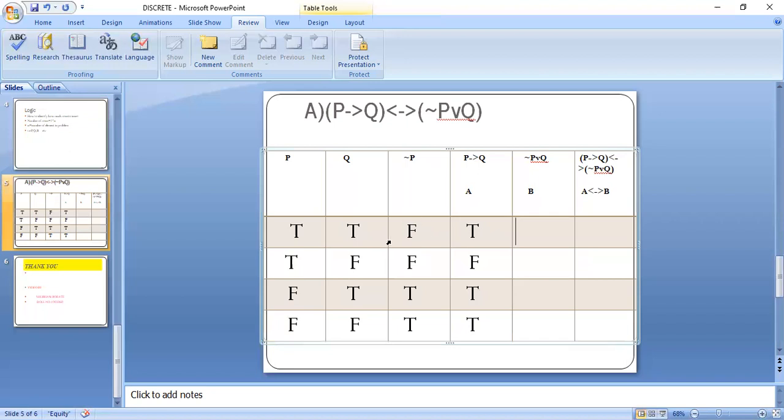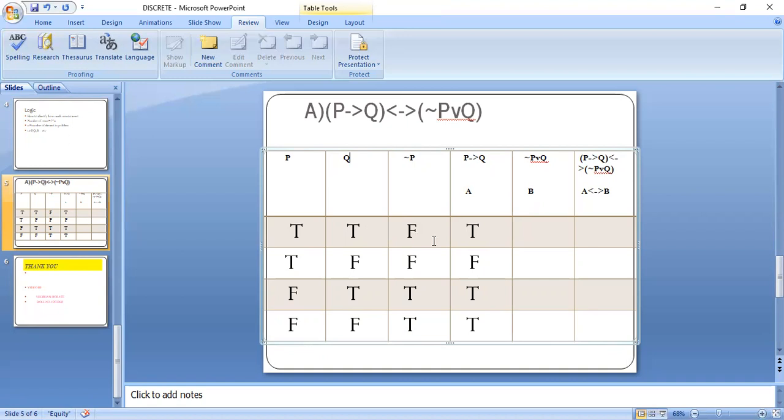Now in the B column, negation of P or Q. Here is the negation of P column, and here is the Q column.